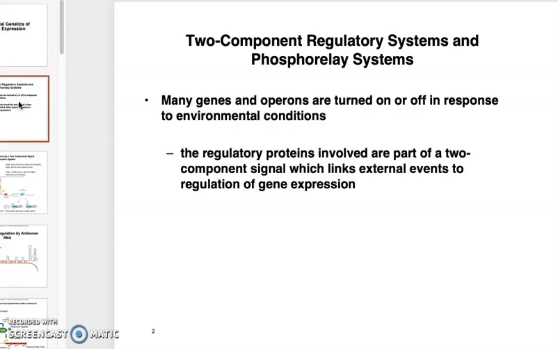One of the primary mechanisms of gene expression at the transcription level is two-component regulatory systems, and they're predicated on a phosphorylation system. These are systems used to turn genes and entire operons on or off in response to environmental conditions. Not surprisingly, microbes have to modify gene expression rapidly to adjust for rapidly changing